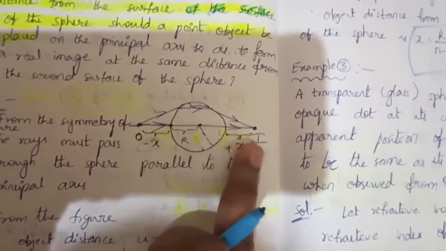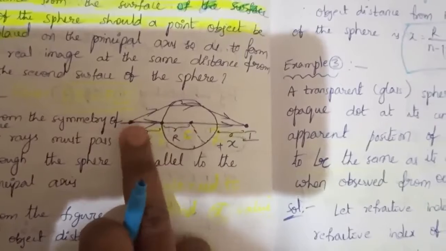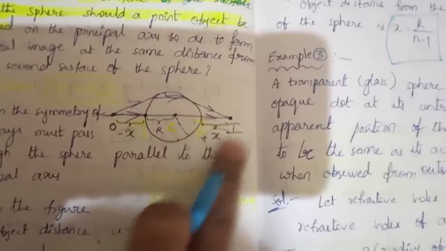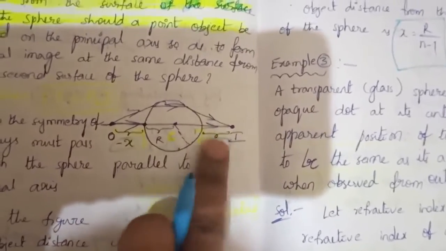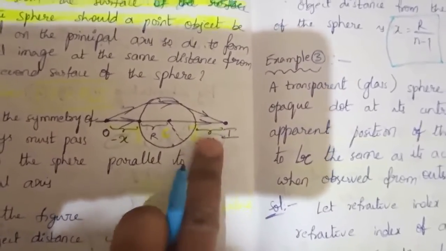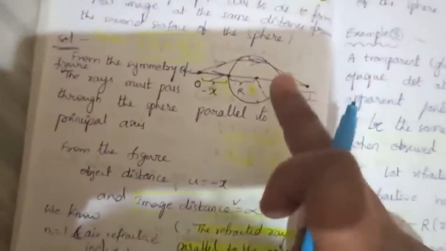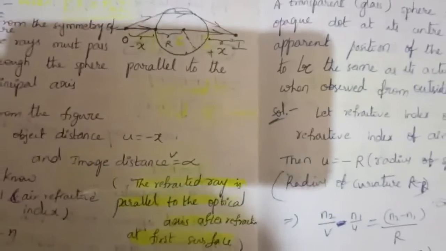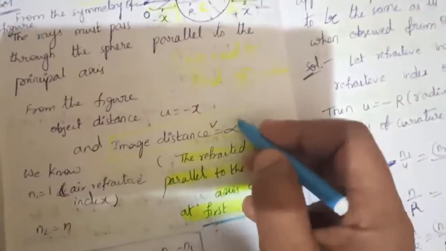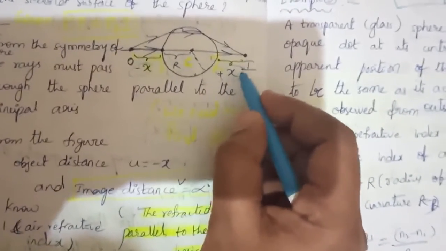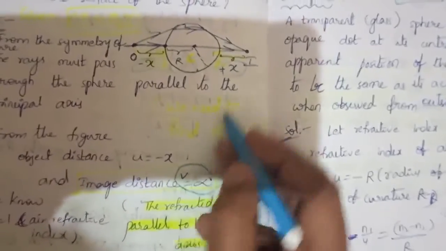And we are finding here, I am taking the object distance minus u. This is for the second surface. I am taking minus x, again plus x here, and I have found this one. But why am I taking v equals infinity? That is for the first surface, image distance infinity. Here we are finding the second surface image distance. Don't get confused: here infinity, and here we are taking x.